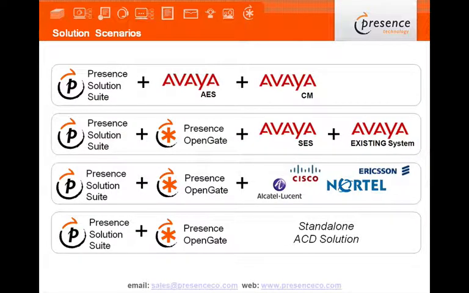There are many different deployment scenarios for Presence. Let's cover just the four most common. The first is for the enterprise and mid-level contact centers where we deploy Presence with an Avaya AES and Communications Manager servers. For small to medium-sized businesses, we can deploy the Presence Suite to a new or existing Avaya system